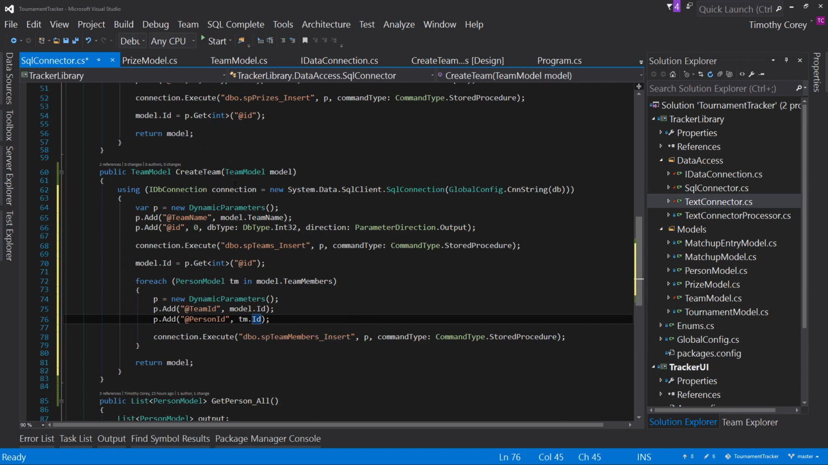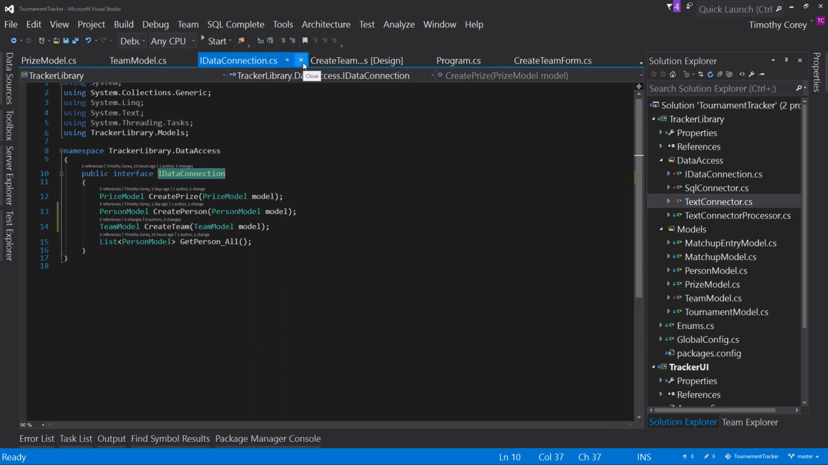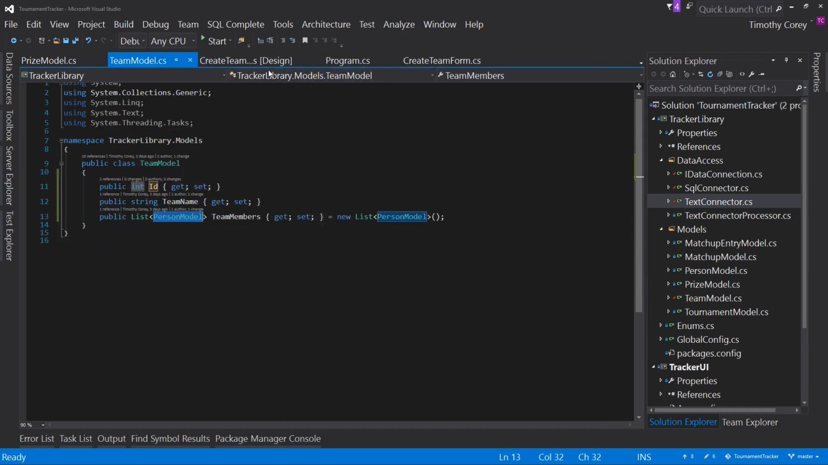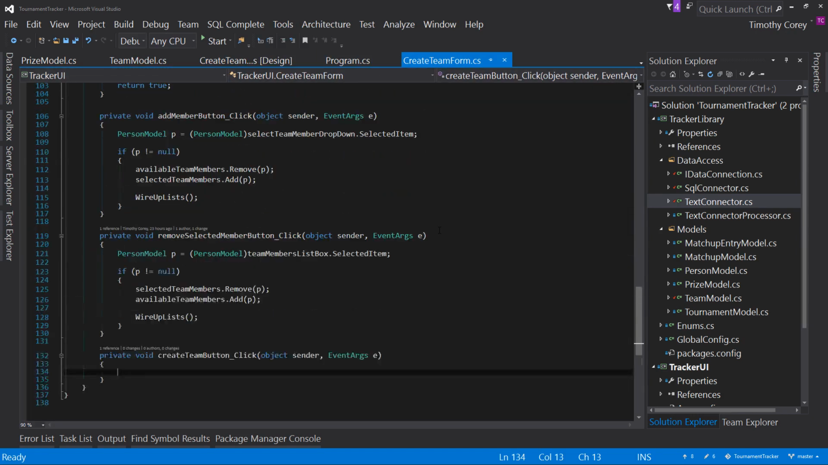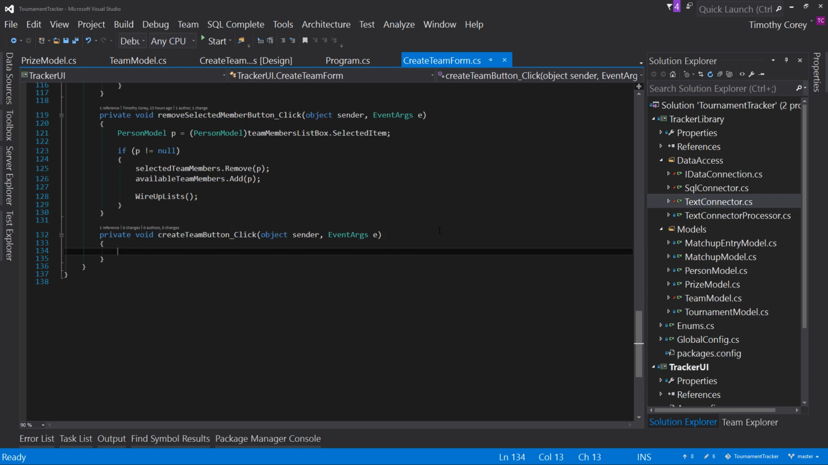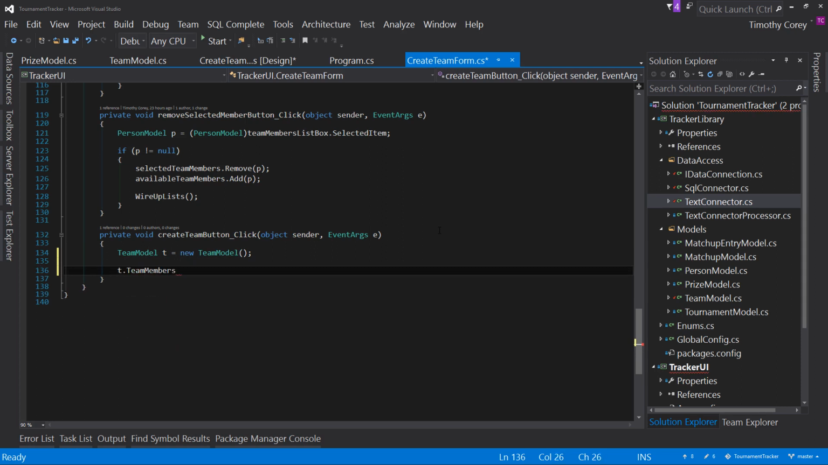So that's all there should be for the create team portion for SQL. So we'll ignore text for now. And we'll come back over to our form and the code behind. All right, so in here, first we want to create our team member object. So team model T equals new team model. T.team name, oops, not members, name, equals,